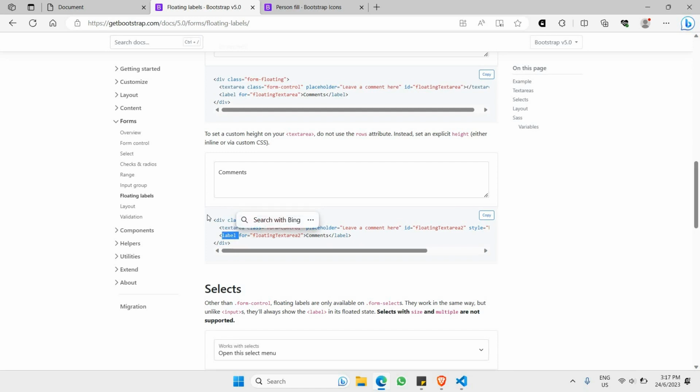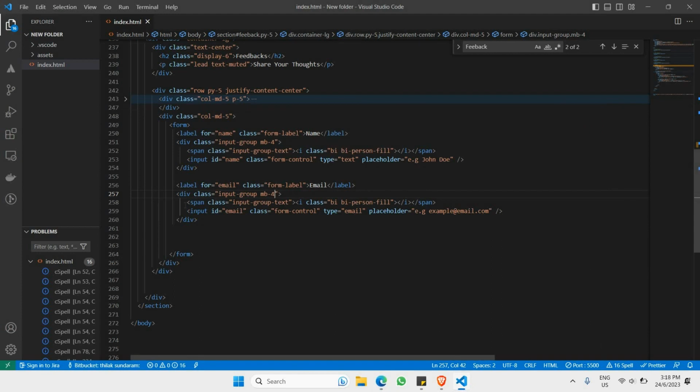So the label should be placed at the bottom, and all you have to do is make sure to have this form-floating class name placed as the parent class name. And let's add something like this. In this case, I'd like to have a feedback column where people can just input whatever their thoughts are about this particular website. So I'd like to add something like this into our website right below the email right here. So in this case, I'd like to go to the bottom part of this particular email tag,